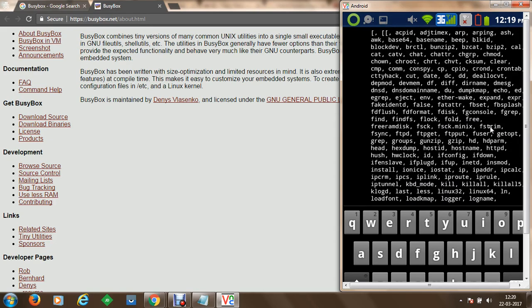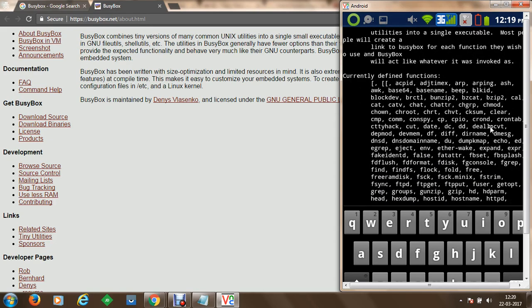As soon as we get to the top of this BusyBox command, you can see that we have various commands like ACPID, and commands like ARP, which gives you access to the ARP cache within your mobile device. Then we have DF for disk information, we can get dmesg information, and we can get DNS domain name information from here.